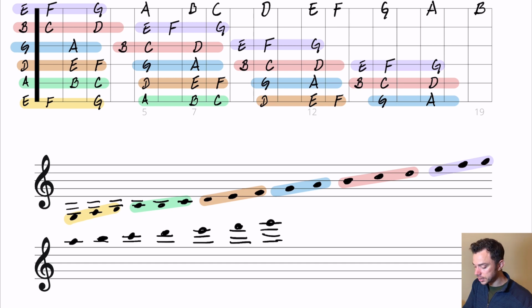Then 4 ledger lines, that's G. 4 ledger lines again, but the head of the note above it would be A. And finally, the last note that we get over here. That would be the full spectrum of musical notes, natural notes,